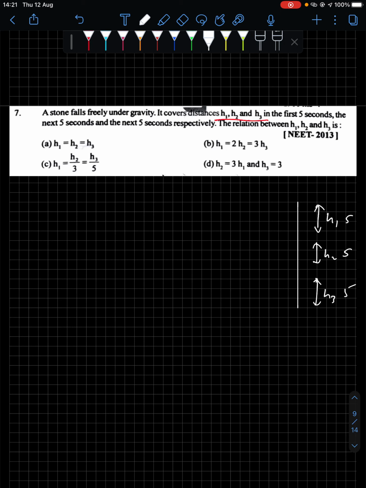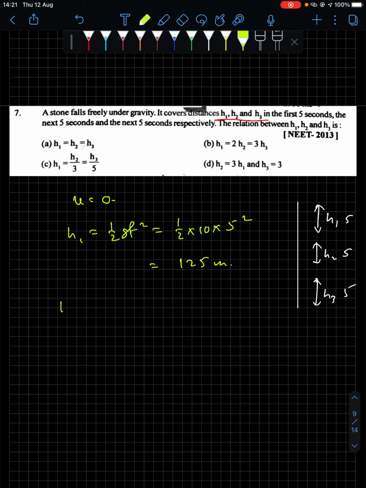Now to find the distance traveled in first 5 seconds, since it is falling under gravity, u is 0 here, right? So h1 equals half gt square, you will apply half into 10 into 5 square, and that will get you